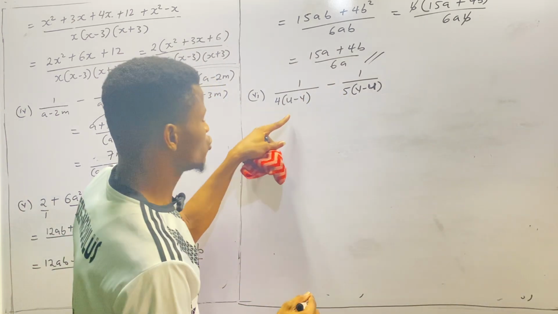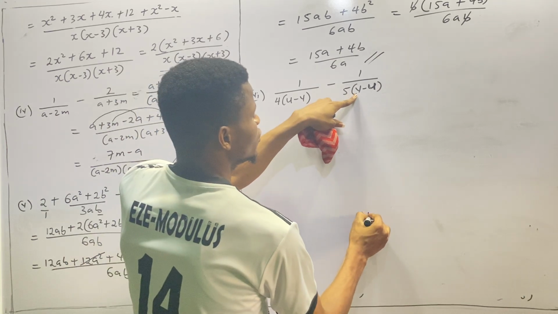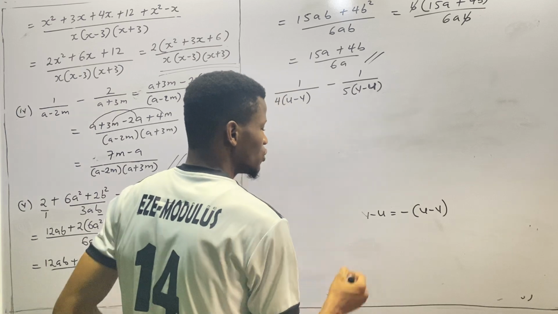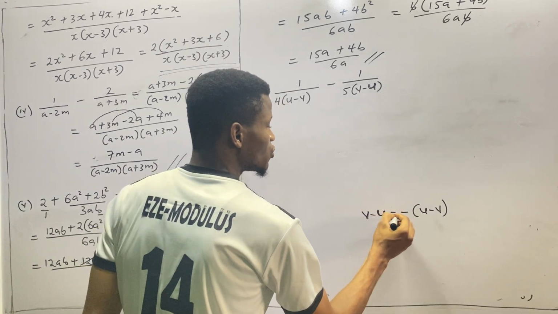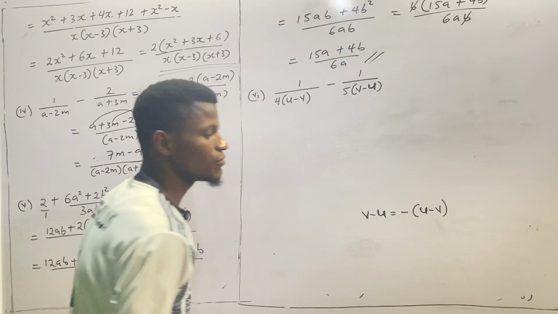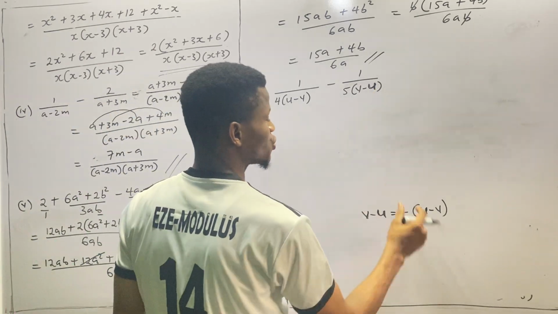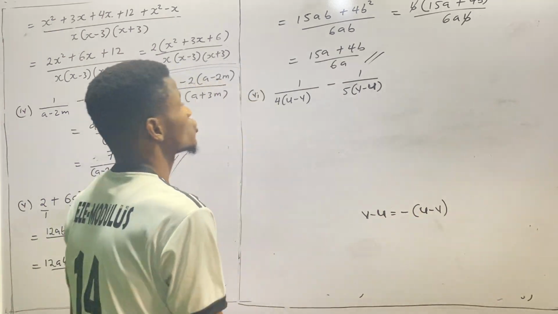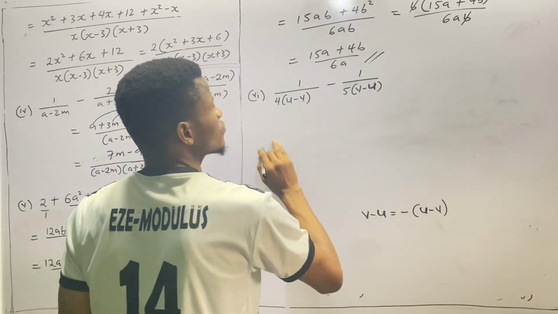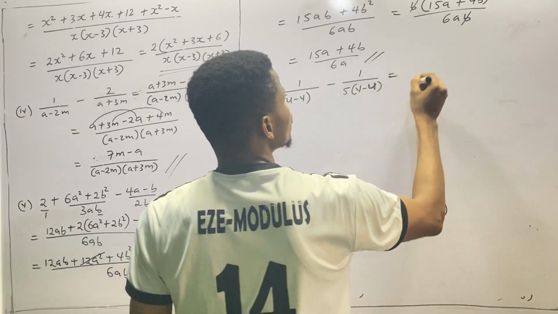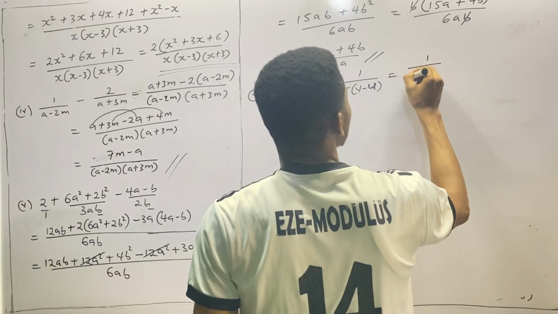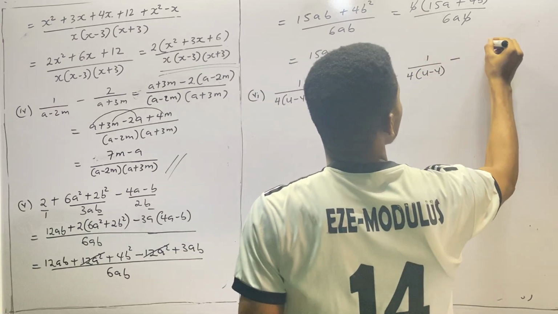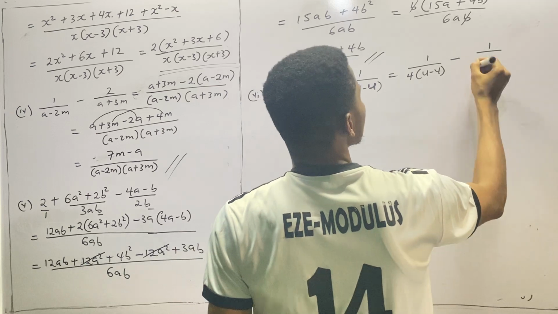All right. So you know already that v minus u is minus into u minus v. Now this is v and this is u, and this is u and this is v. So we are going to replace v minus u with minus into u minus v. If we do that, this will be equal to 1 over 4 into u minus v, then minus 1 over, so this will be